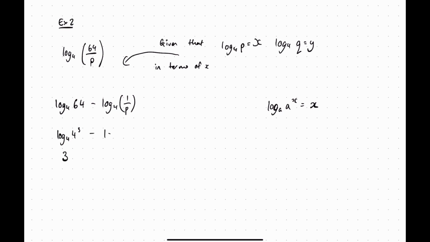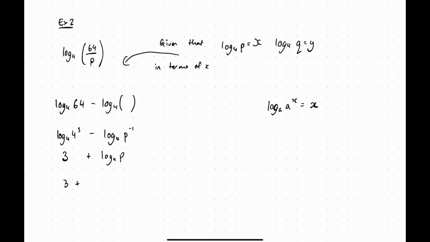With the other log, they've converted it to p to the minus 1, which means you end up with 3 plus